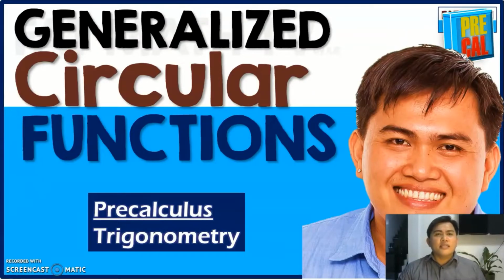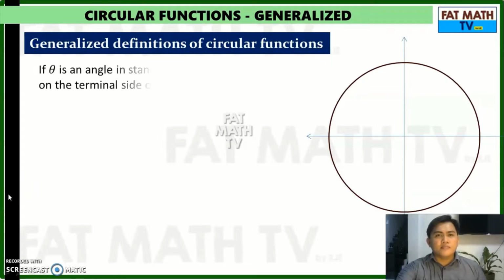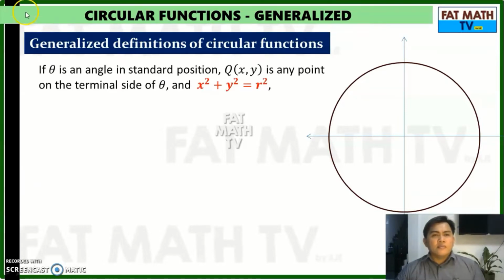The generalized definition of the circular functions. If theta is an angle in standard position, Q with coordinates x, y is any point on the terminal side of theta, and x squared plus y squared equals r squared. In this illustration,